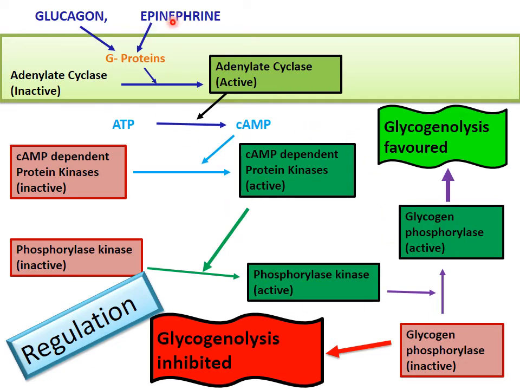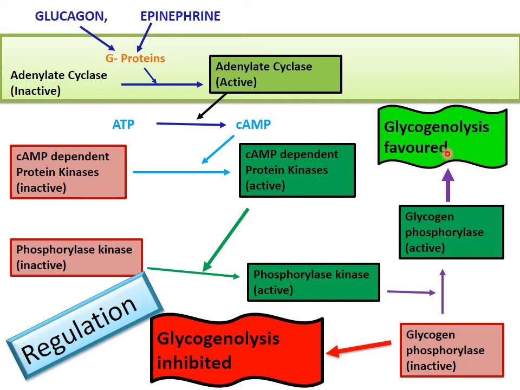Glucagon and epinephrine activate adenylate cyclase. This adenylate cyclase converts ATP into cyclic AMP. This cyclic AMP converts inactive protein kinase into active protein kinase. This active protein kinase activates phosphorylase kinase into its active form, and this phosphorylase kinase then activates glycogen phosphorylase, and in this way